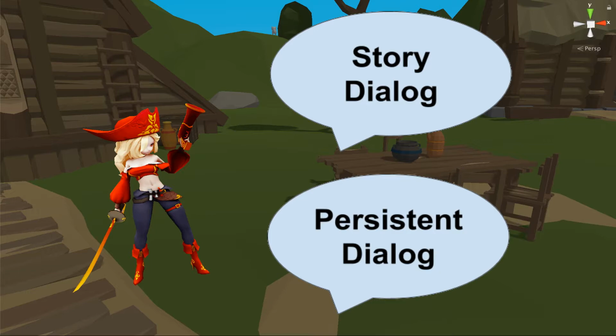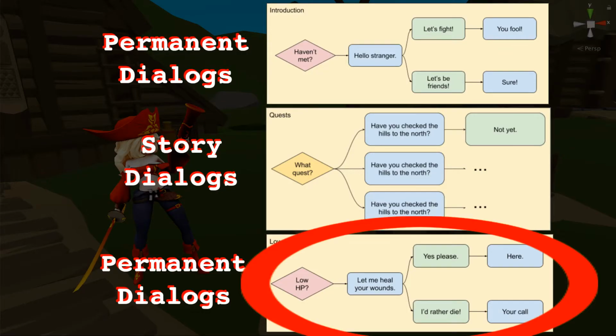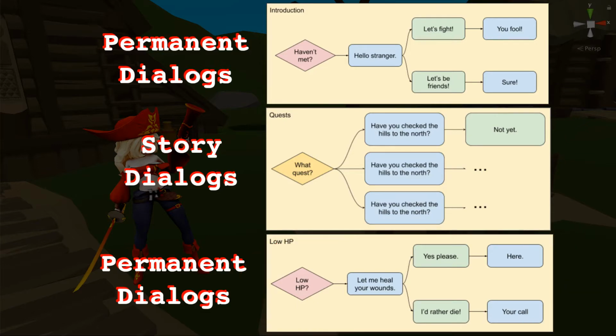So it is okay to hard code it and play it in reaction to that event in the cave. Some other dialogues can happen over and over again. Again, going back to our third part in our example, every time the user's HP falls low, the medic on the group or the other NPC can offer help. So that happens regardless of what quest you're on. And it is good to place these in different files or different places. One is going to be part of the story and the other is going to be part of that NPC's character.